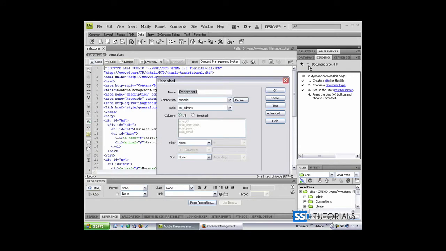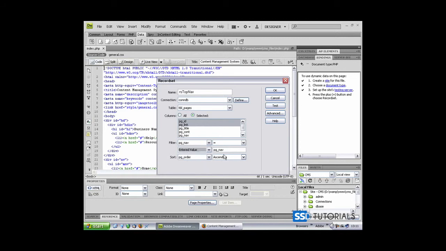First record set we're going to call it RS top nav. We'll be populating records from the table pages. The only two things we need is page ID and page link. We want to sort them by PG order in the ascending order, and filter we want the PG nav, the